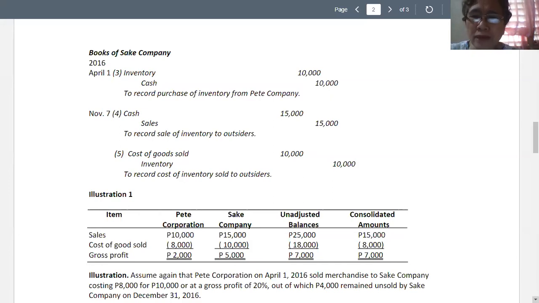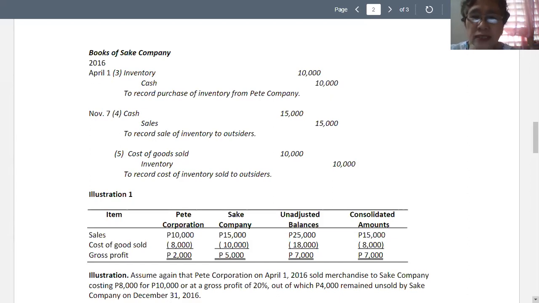So the real profit on the sale is 7,000 from the parent to the subsidiary and to the outside party. So we now have Pitt Corporation earned profit of 2,000, Sake of 5,000, and the consolidated